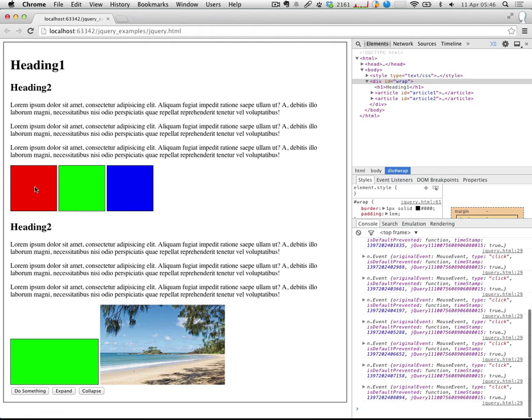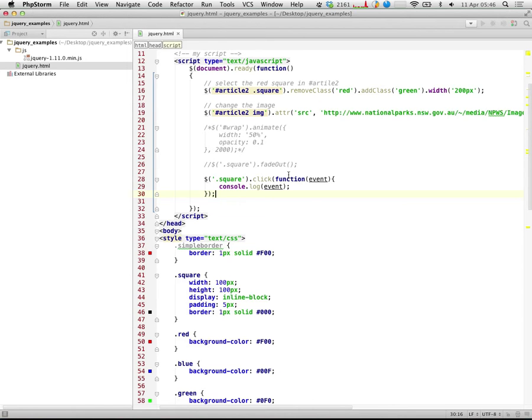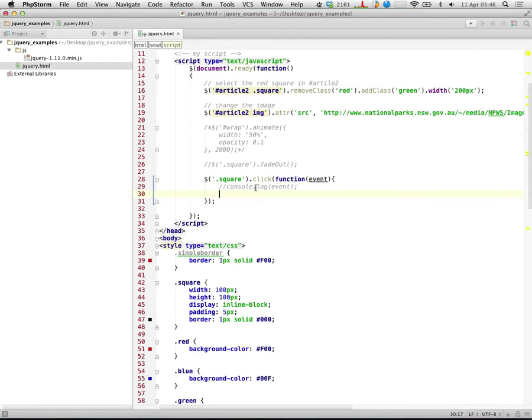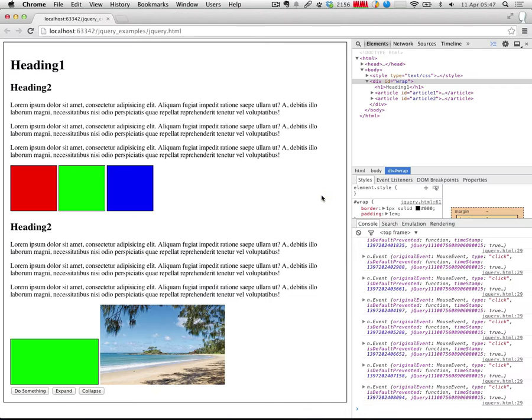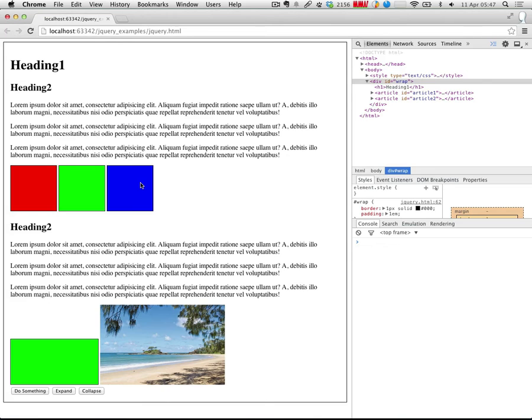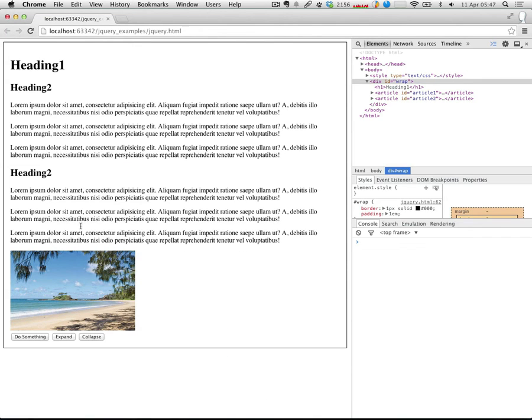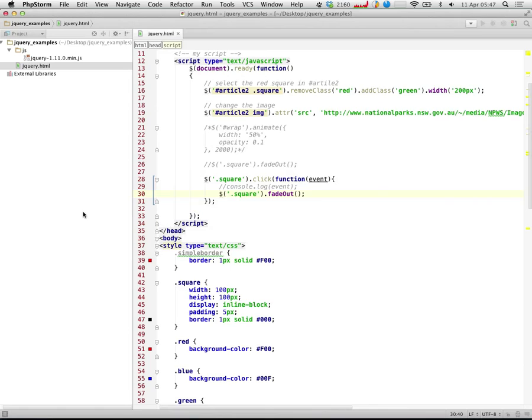handler to. So what I actually want to do though when I click on those squares is to fade them out, or fade the square out that I've clicked on. So we could do something like this. Okay, so select all of the elements with a class of square and hit fade out. Okay, but that's going to do this. Okay, it's going to fade all of the squares out no matter which one I've clicked on. If I just want to target the one that I've clicked on,